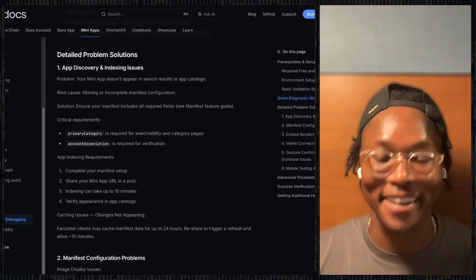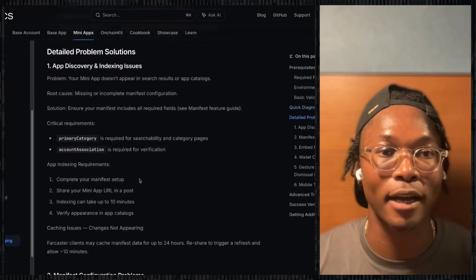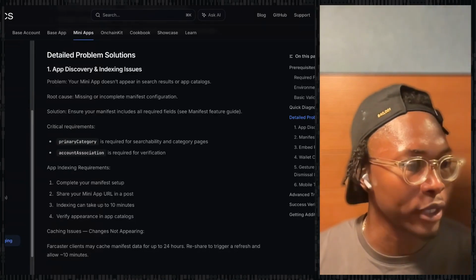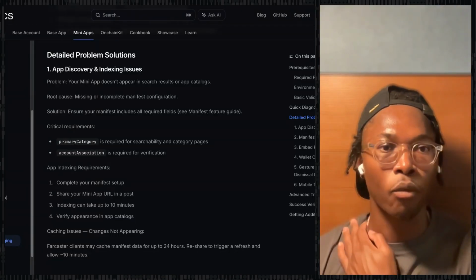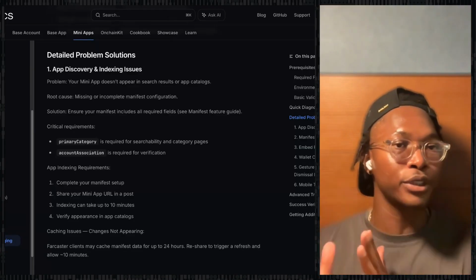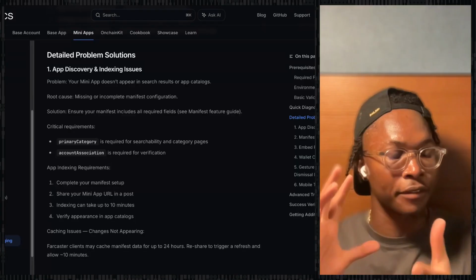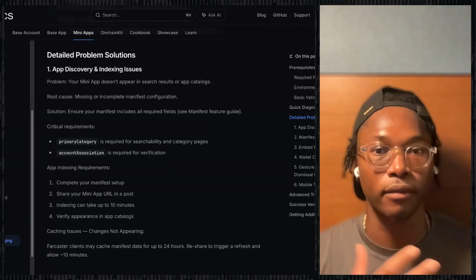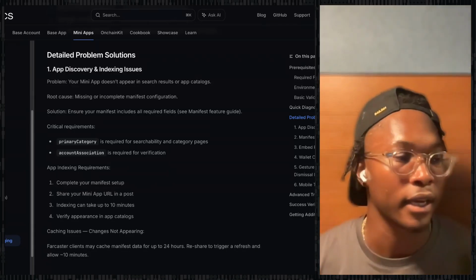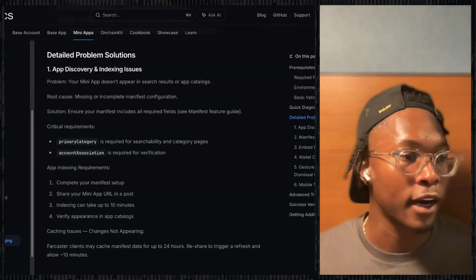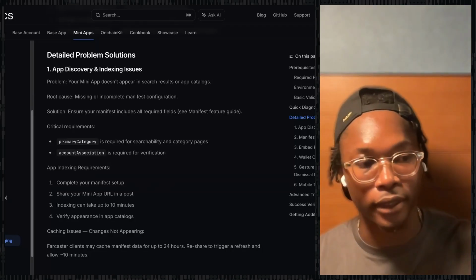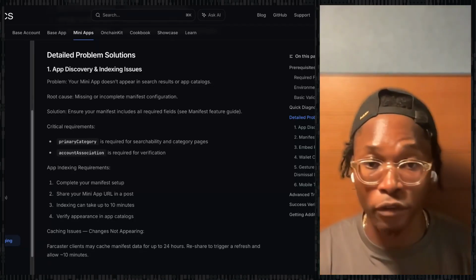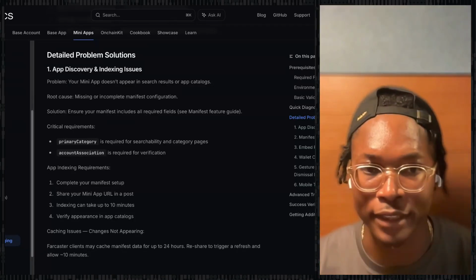All right, Doc. Let's go through this. App discovery indexing. I'll breeze through it, so keep an eye on the chat and let me know. I'm going to hone in on the sections that our chat is having issues with, so we can help people in real time, because we have these asynchronous docs they can read. If you do have issues, put them in the chat and we can go over them live. Outside of that, I'm just going to go through these.